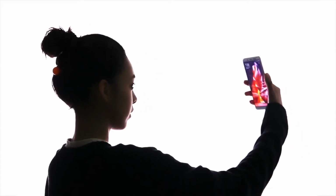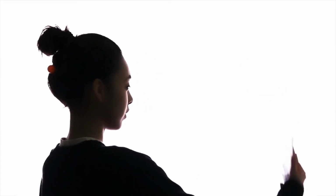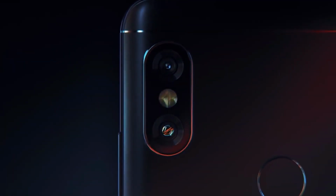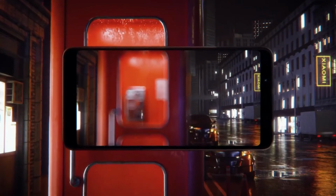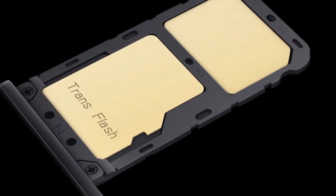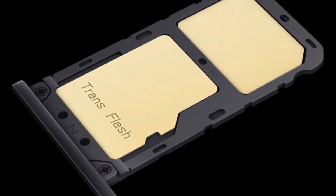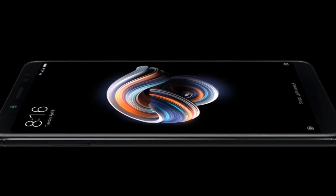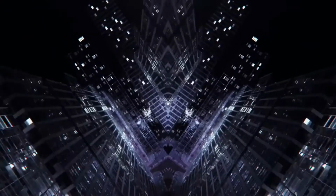Another cool feature that has been added on the Redmi Note 5 Pro is an AI-based face unlock feature. It will be made by the end of March. It is equipped with other features like a hybrid SIM slot that supports dual SIM and micro SD card, micro USB, and a 3.5mm audio jack. It will be available on sale, starting on February 22nd, through Flipkart, mi.com and Mi